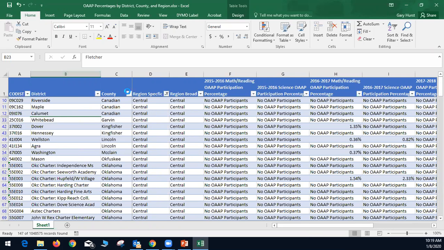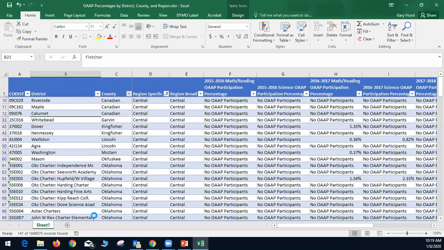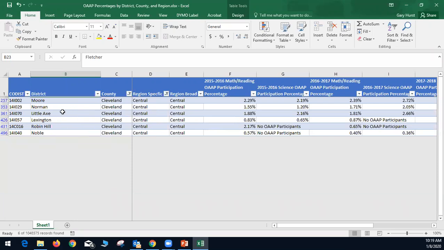You can narrow it down by whatever you would like to narrow it down by. Go to Cleveland County. So this is just an example. So here are the districts in